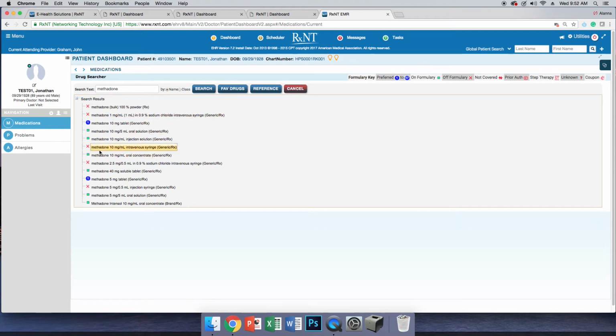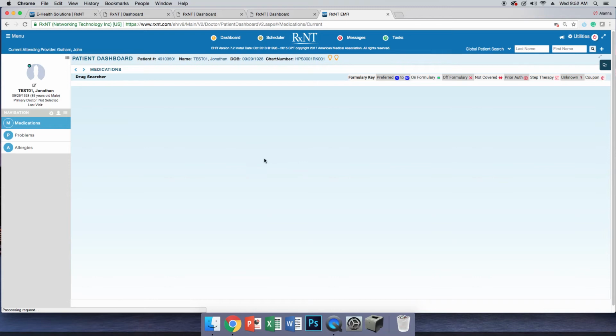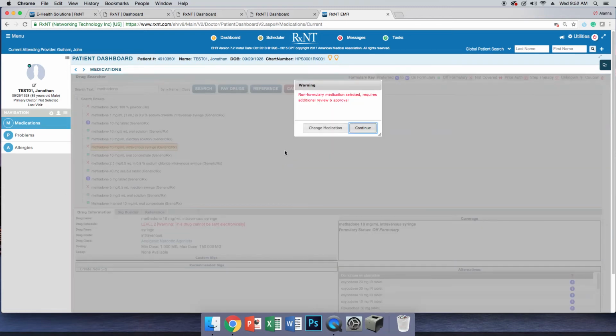If on the left here we were to select a medication that was not on formulary, we have it with the X here, the system would actually prompt you to review that decision. So from here it would pull up a warning saying non-formulary medication selected, requires additional review and approval. From here we could either continue with this, and if we did, a notification would be sent to Care Services